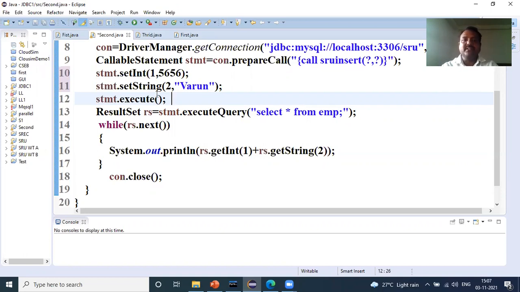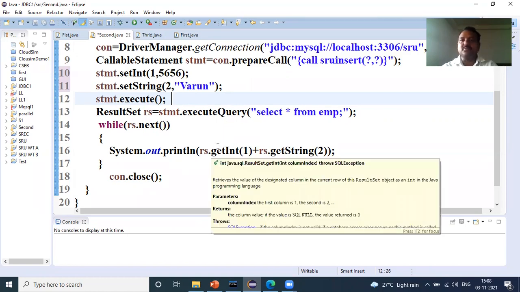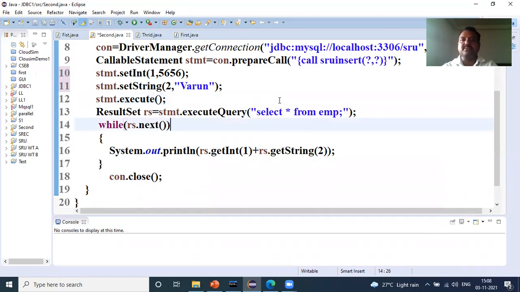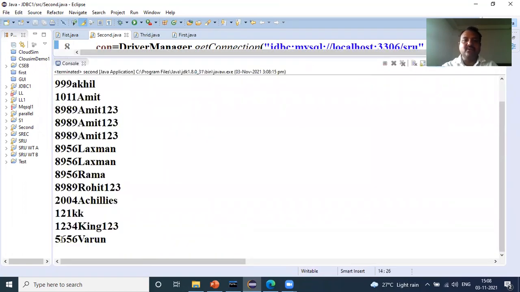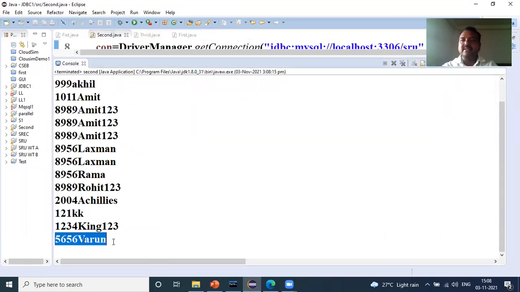Now here, after inserting the values, now I would like to extract the data from the database, and the extracted data is being stored into your result set, and I'm extracting the data from that object, and I would like to display them on my output screen. So I start executing my program. Now we'll see what will be the output of this program now. So I execute my program. Yeah. Now at the bottom, I am able to see the element which is given from the Eclipse environment onto my database table.